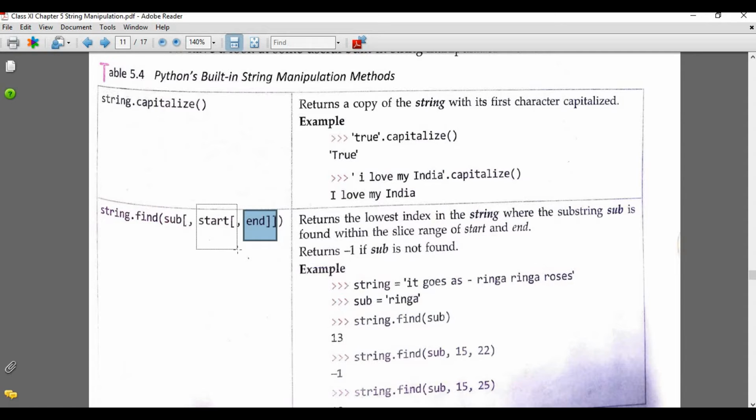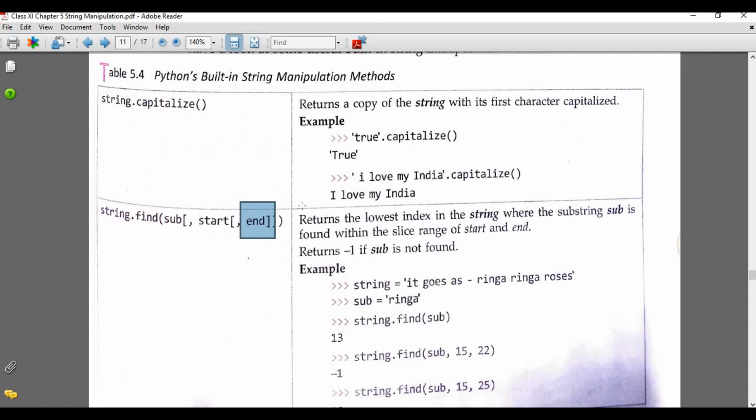Start means the starting position, the starting index number. End means the end index number. If this substring is found in the main string within this range, then it will return its index position, otherwise it will return -1.